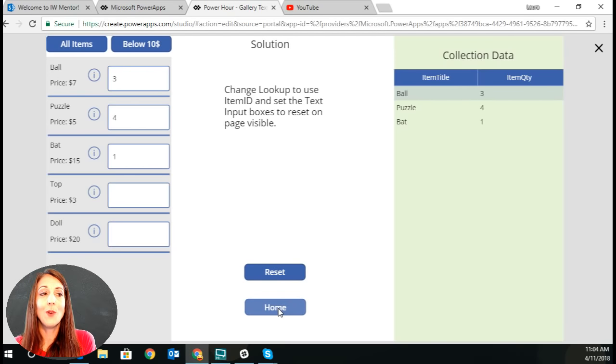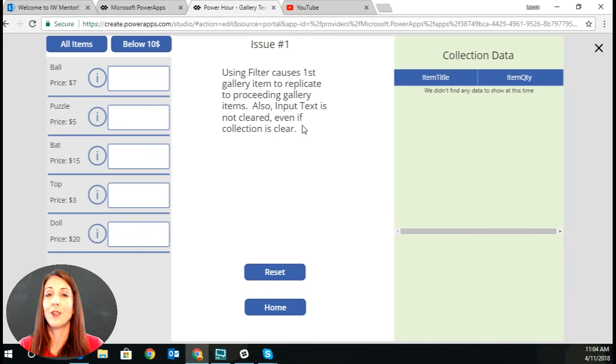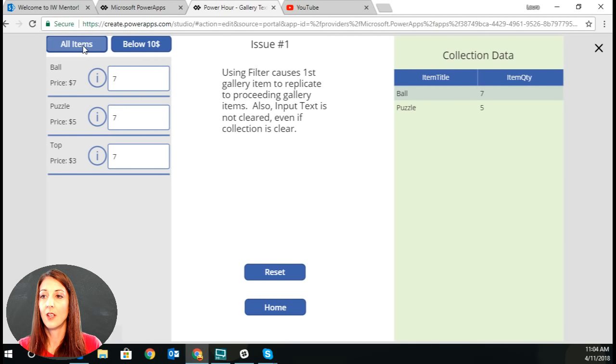So let me show you some trials and tribulations that we had, and there's actually some buggy stuff that goes on in here that Chris figured out this workaround for, which is why it actually functions, and he did the workaround for the bugginess. So here is this order choice issue, and this is the screen where we're demonstrating the problem that it has. So I'll just say I want a few of these, and it collects them correctly. But then when you start trying to do any kind of filters, it